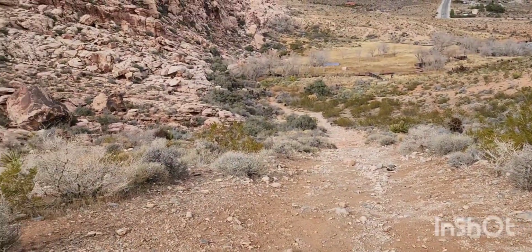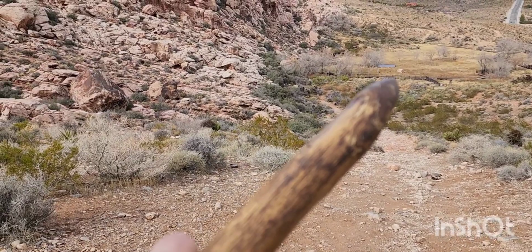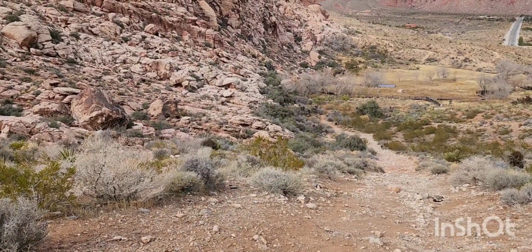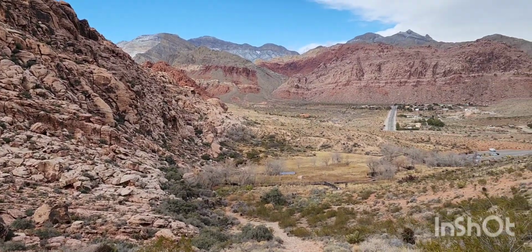All right, so we are going to take this path straight down to the boardwalk and around the boardwalk, and then we're just going to head straight out. And as you can see,